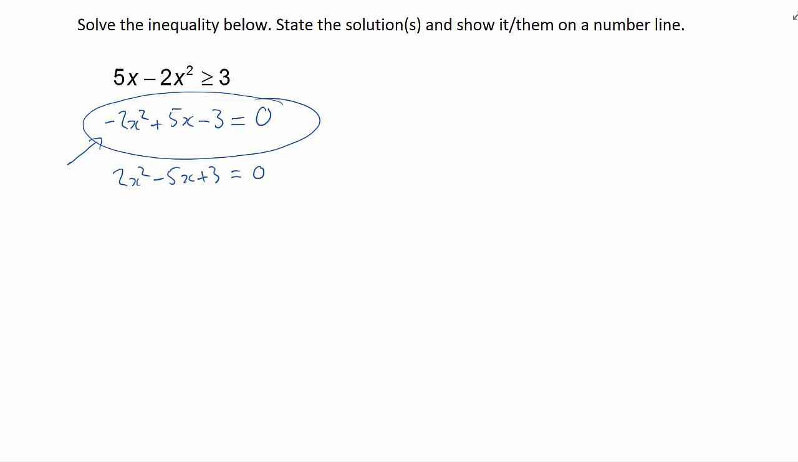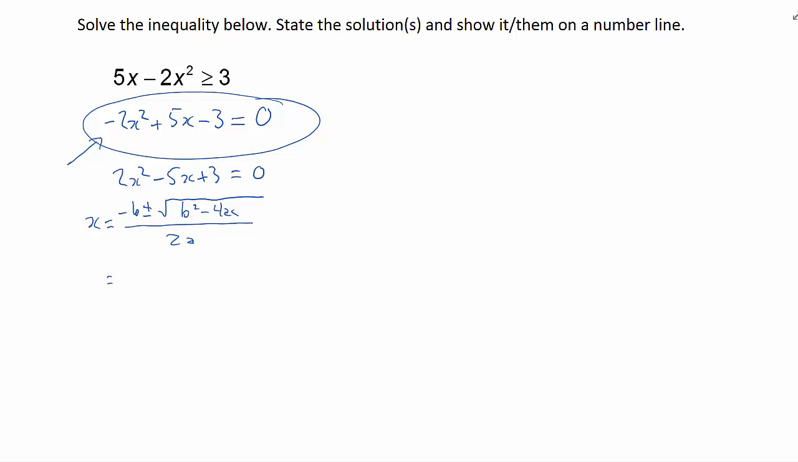I could do it by factoring, I could do it by graphing, I could do it by quadratic formula. I'm not sure if this one factors, so let's try the quadratic formula. The quadratic formula is x equals negative b plus or minus the square root of b squared minus 4ac all over